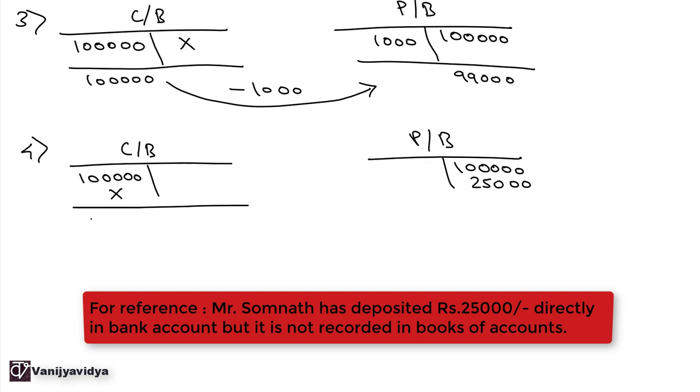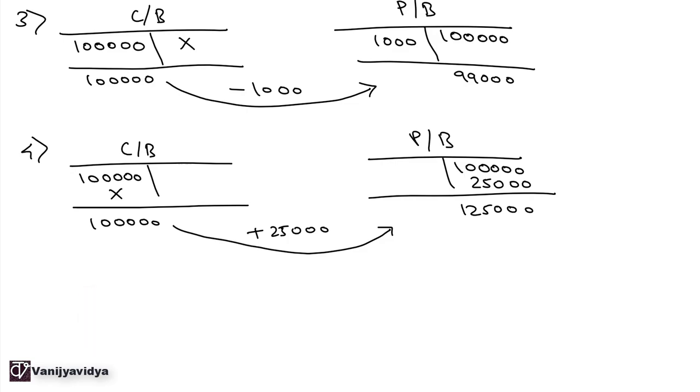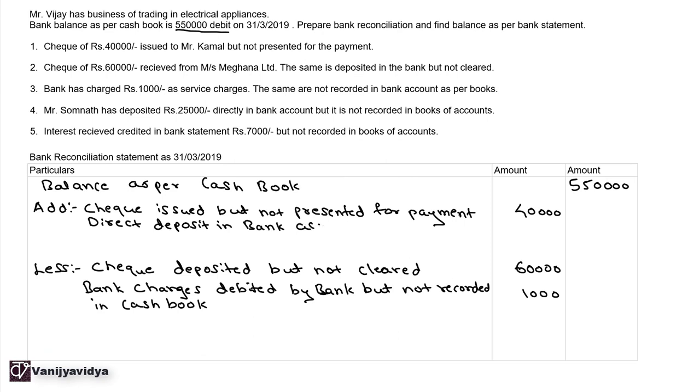So balance as per cash book is 1 lakh. Balance as per passbook is 1,25,000. We are moving from cash book to passbook, so we are adding 25,000. So let's record this transaction in the bank reconciliation statement. Direct deposit in bank account not recorded in the cash book, 25,000. Now the next,